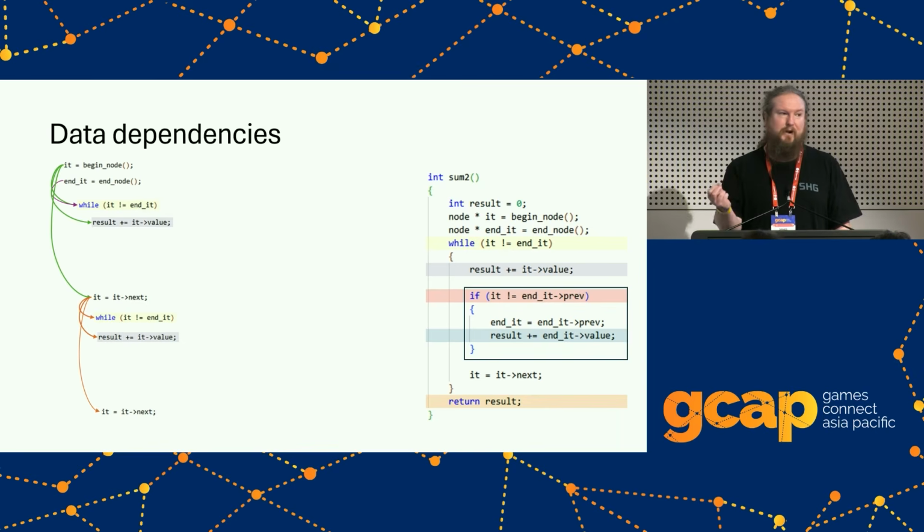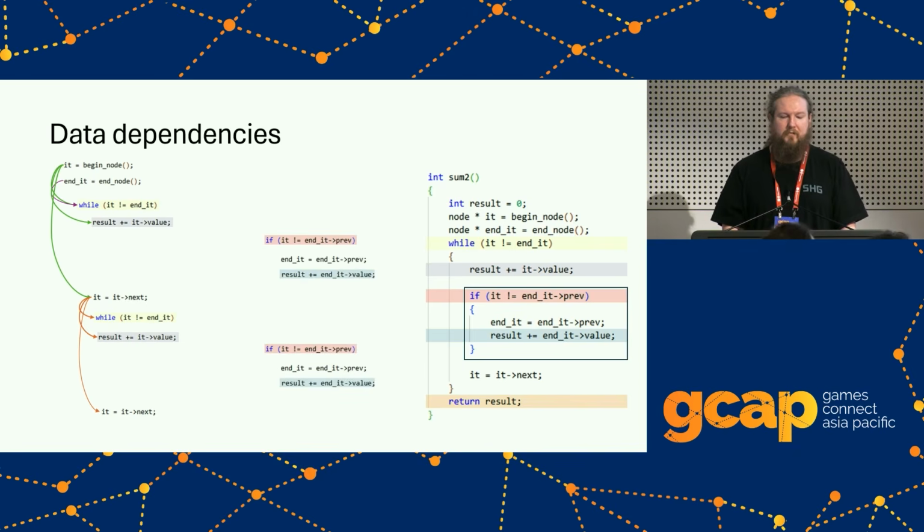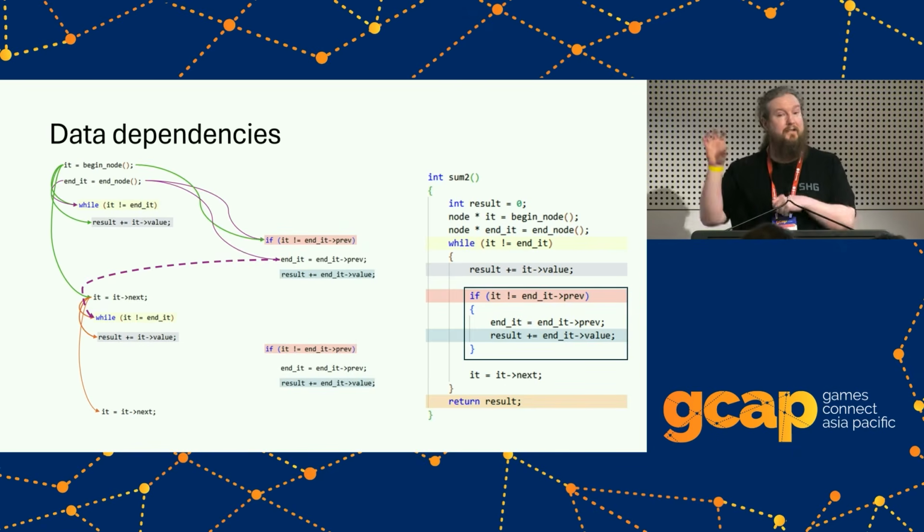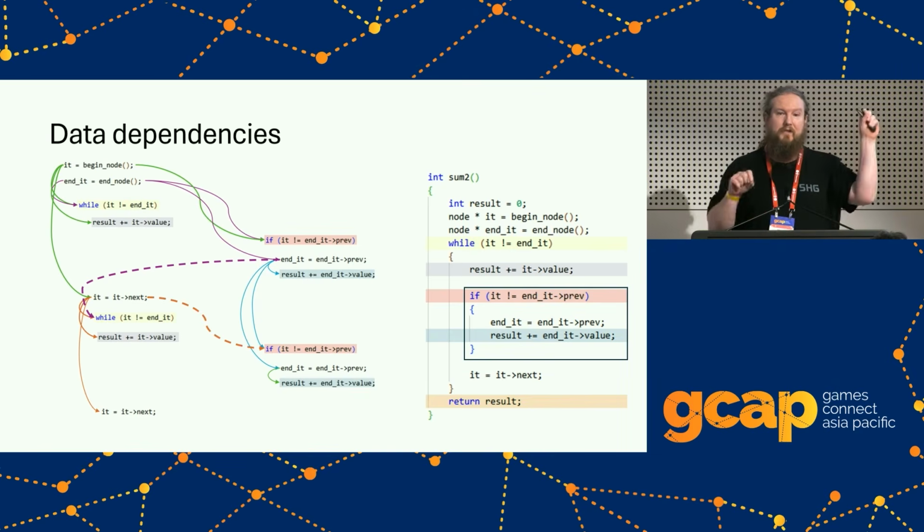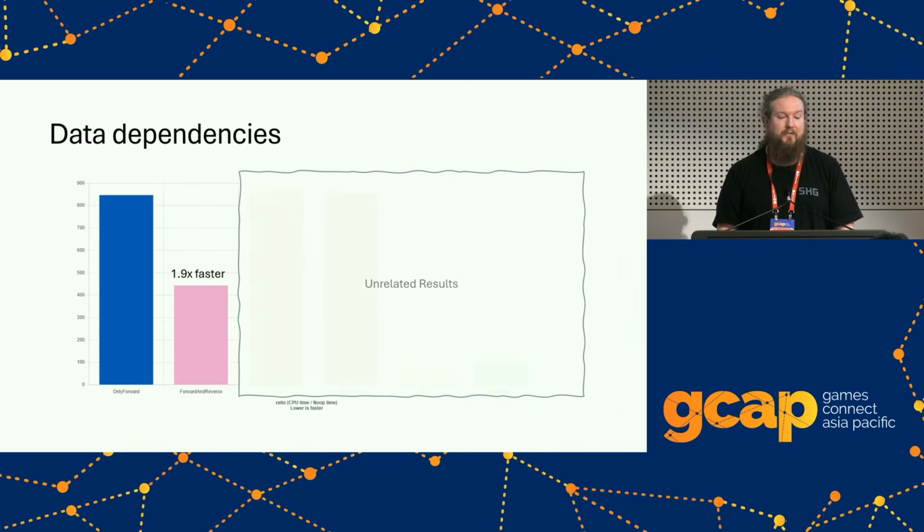And again, the branch predictor means that we're not going to be blocked on that. But if we throw in our new block of code, the link between the two is just the end iterator that I mentioned, but it's got its own dependencies on those initial variables, and then it's got its own dependencies for the next iteration of that. And it's also got that dependency from the other direction of forward, but these again are only on branches, so the branch prediction handles that. So if I do this version and compare it to the previous one, I actually end up 1.9 times faster. So we've just optimized a linked list iteration to be nearly twice as fast.